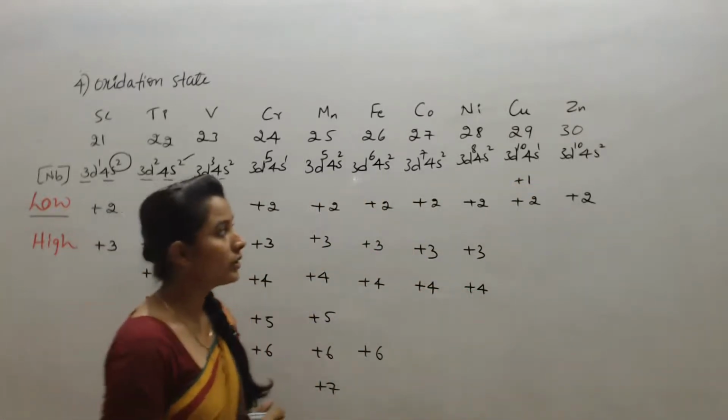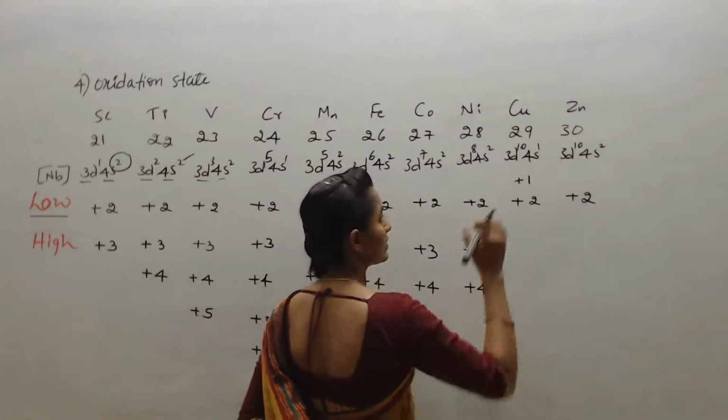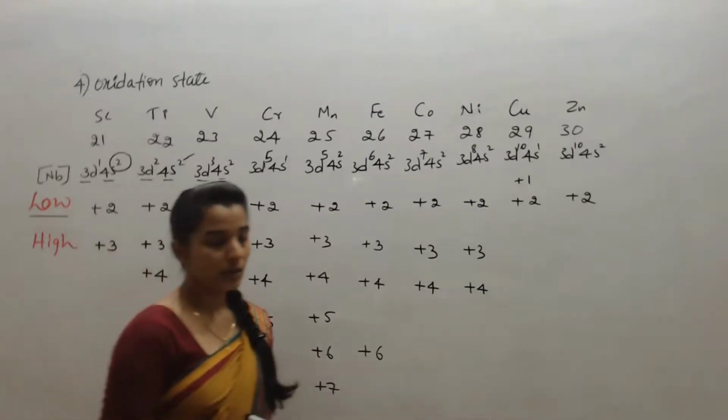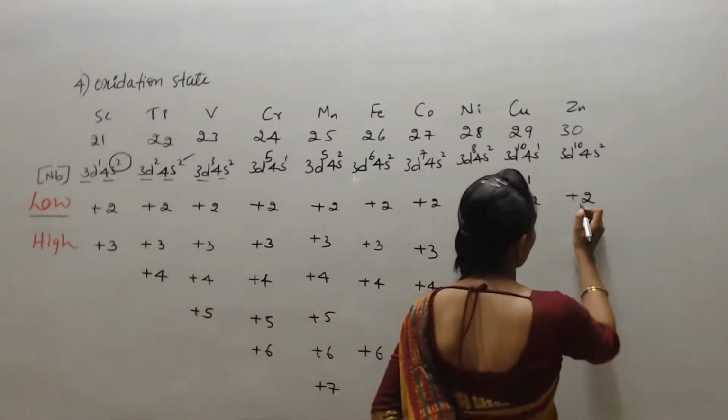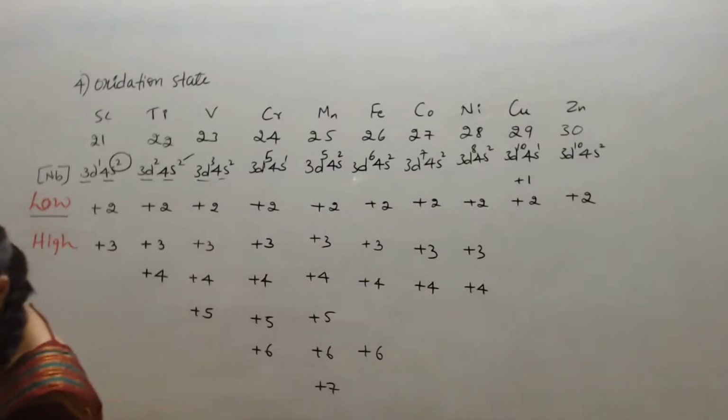Because as I told you in the electronic configuration it shows 3d9 4s2 as well as 3d10 4s1. So it shows plus 1 as well as plus 2 oxidation state, and this shows only plus 2 oxidation state as it has a highly